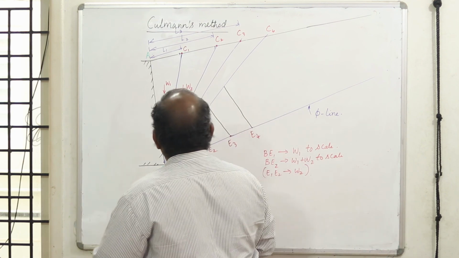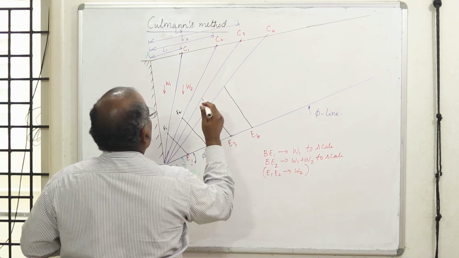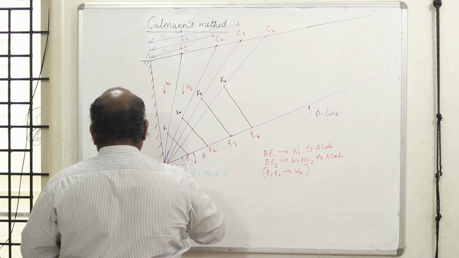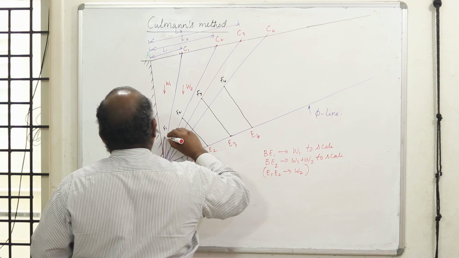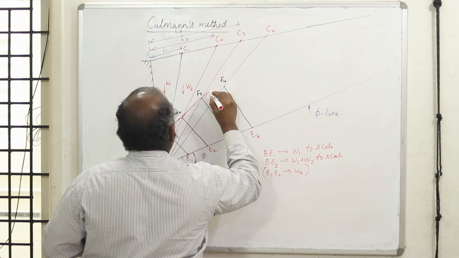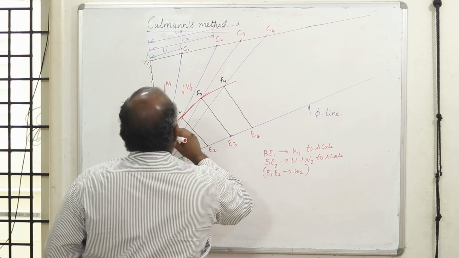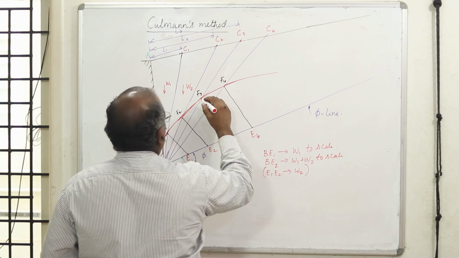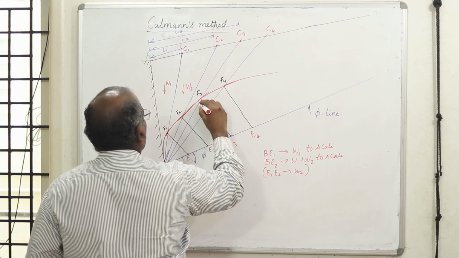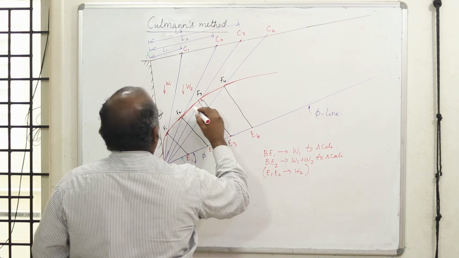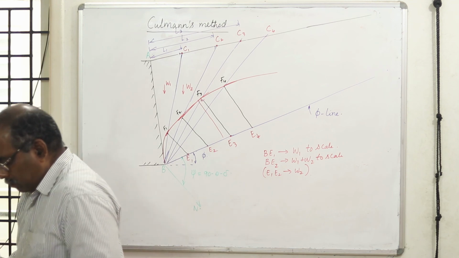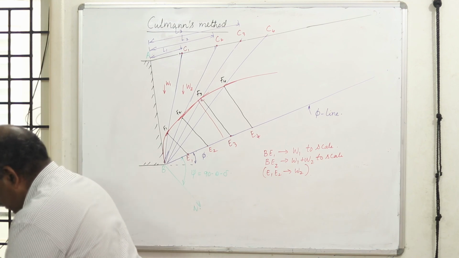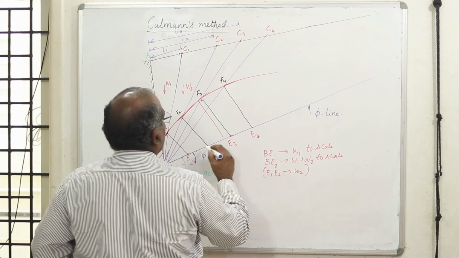Now what's happening here? These points are called F3, F4. Now I can join these points by a smooth curve. Now after going to a peak value, it goes on reducing. Not necessarily this should be the peak one, okay, it may be somewhere here. Now I get my maximum. What I do is, I draw a line tangent to the curve, parallel to the side line.